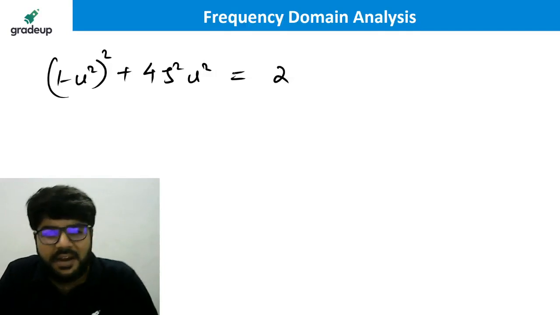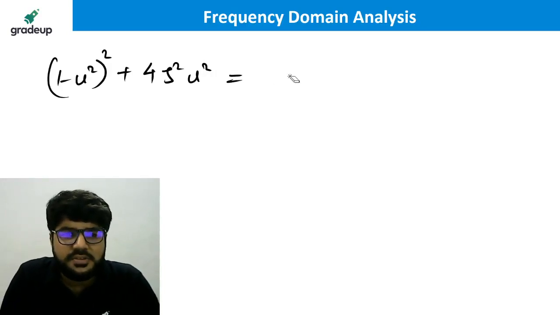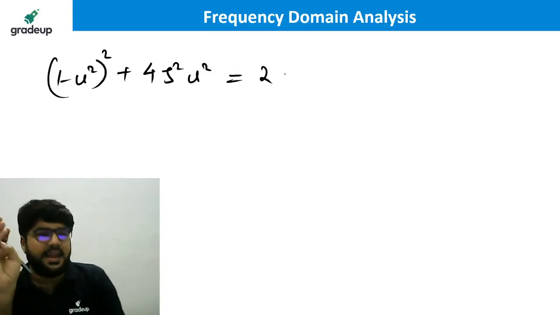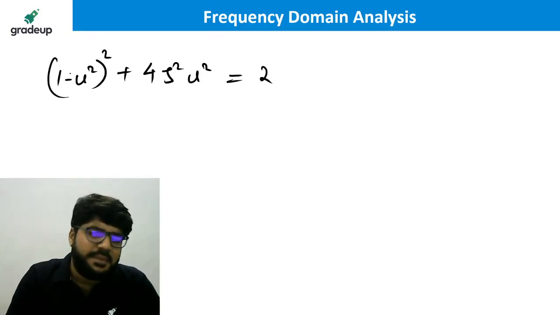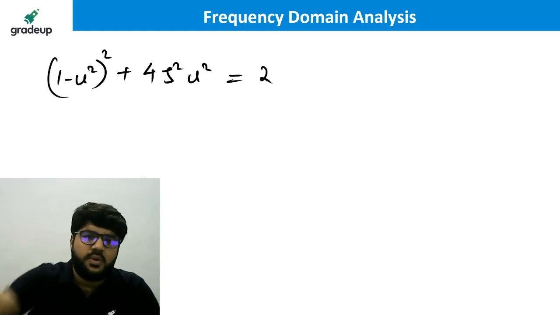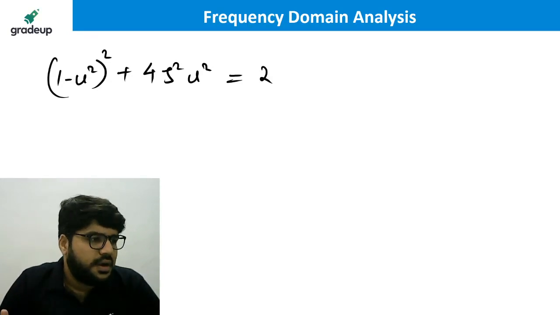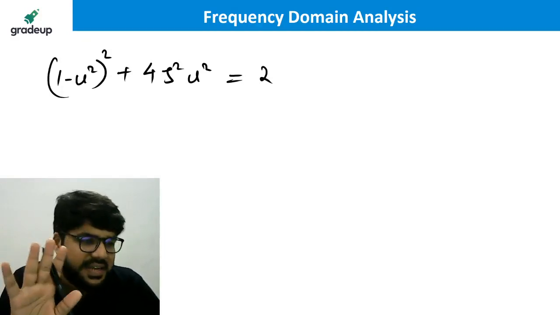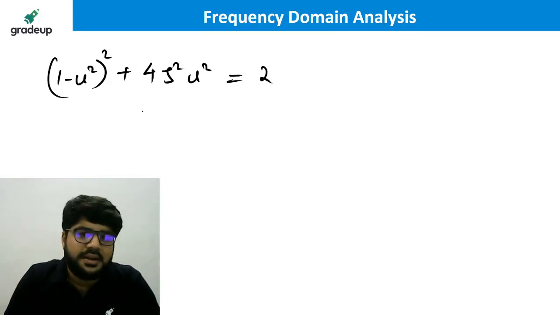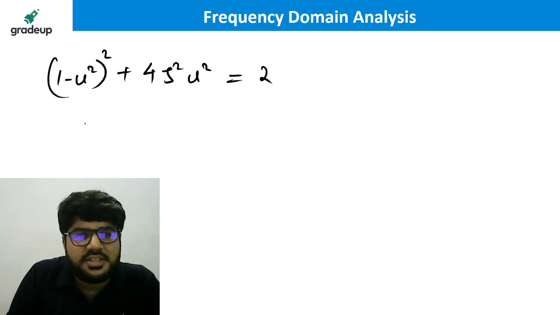Again, I repeat, numerical questions will be important with respect to omega r and Mr, but not with respect to bandwidth. But if it comes, just solve it by this method. Give the magnitude equal to 1 by root 2 into 1. Otherwise the formula is complicated, but why am I writing the formula? Because I need to give you some key points also. Some conclusions also are important. So let us just solve this now.